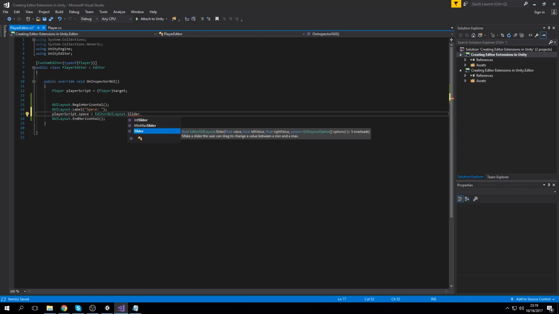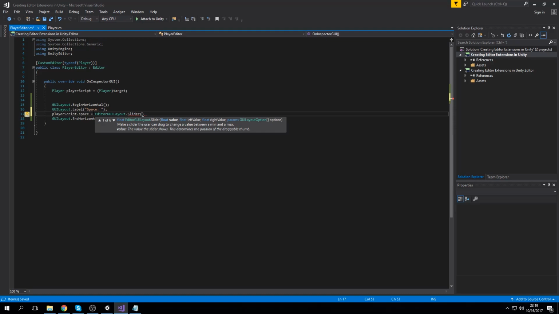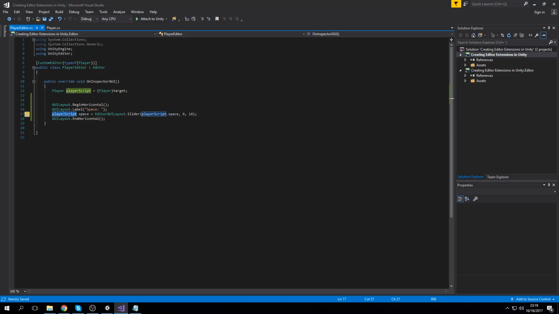Yeah. And then we can say player script dot space. Then we have a limit for this slider, so we can say 0 to 100. All right, or perhaps 0 to 110. Yeah, that's better. So what we're saying here is we're calling upon the player target script that we have already